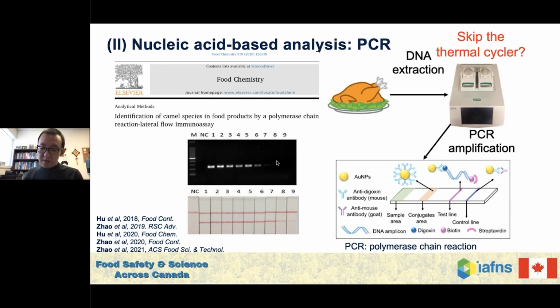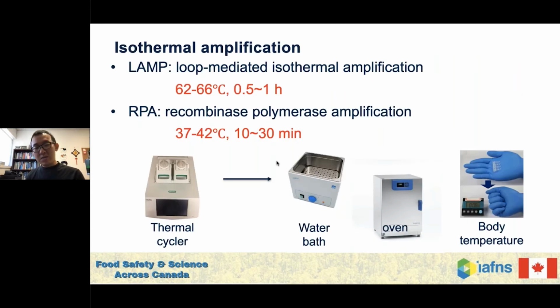So then we think about if we can use a novel method to replace the conventional PCR method without the reliance on the thermocycler. So the answer is what we call isothermal amplification. In my research group, we developed two new types of isothermal amplification for food authentication study. One is called loop-mediated isothermal amplification, in short, LAMP, and the other is called recombinase polymerase amplification, in short,